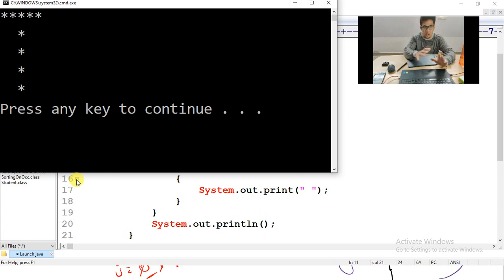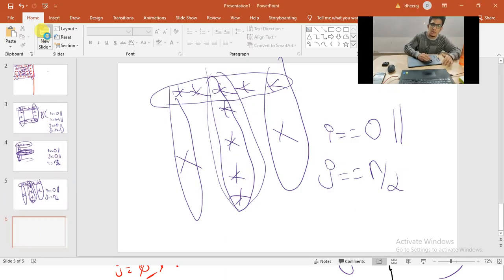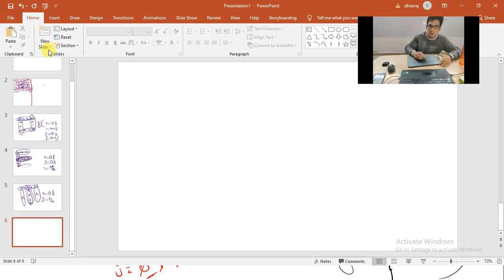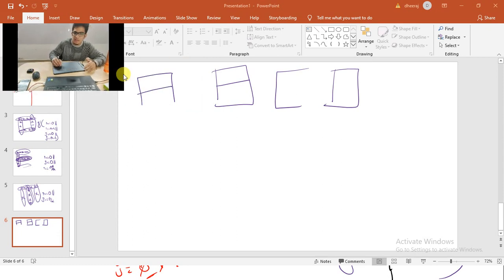Right? So I hope that everyone is very clear with this topic. That is why, before ending today's class, I would like to give some homework for you guys. What you have to do is draw these letters. Draw the letter A, B, C, D. Then you can draw the letter E and try to draw the letter F. Draw the letter H. Sir, where is G?